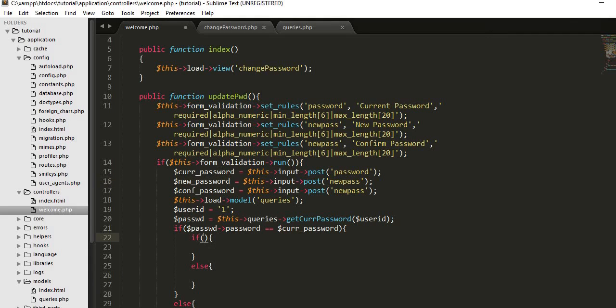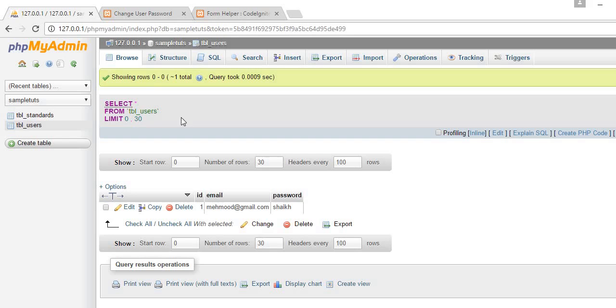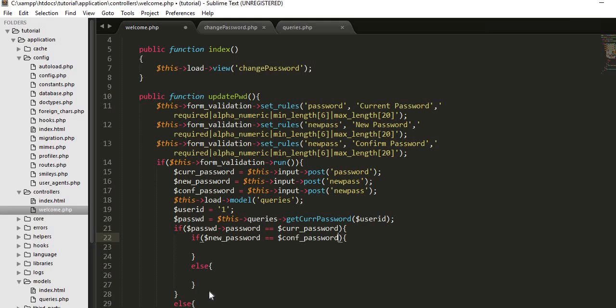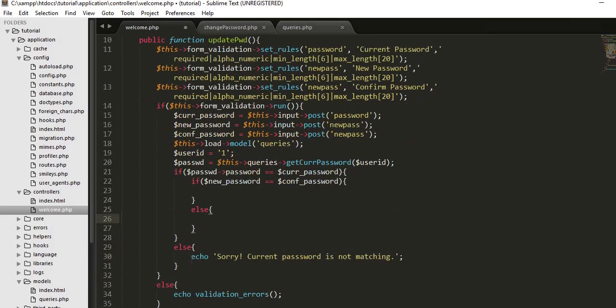Copy. If new password is equal to confirm password, okay. Here we are checking whether the new password and the confirm password which the user is typing in these two text boxes are matching or not, are correct or not, are equal or not. Okay, if not, then we will be displaying a message as